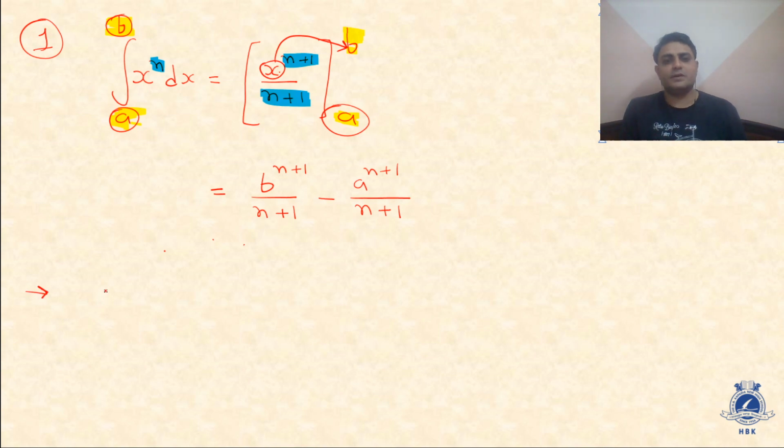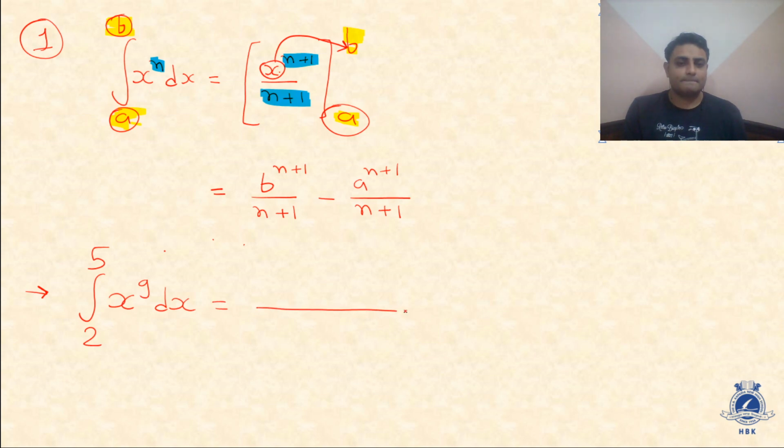Example makes a formula very easy. If you have the integration from 2 to 5 of x raised to 9 dx, then it will give, see once again, this is n plus 1, which is also n plus 1. So first of all we'll write x raised to, instead of n we have 9, so 9 plus 1, upon 9 plus 1,